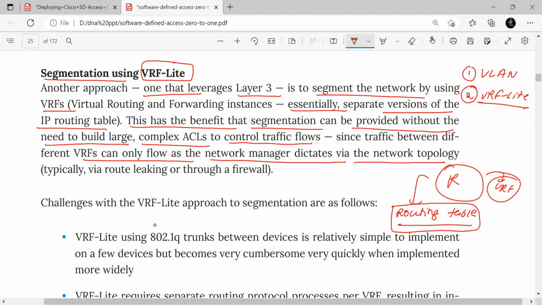See, inter-VRF communication will not be possible if you do not intervene. You can provide inter-VRF communication, but for that you will need to configure route leaking, from one VRF routing table to another VRF routing table. But the problem is